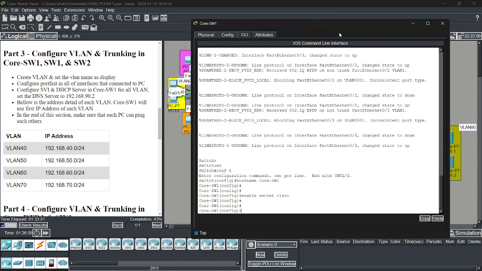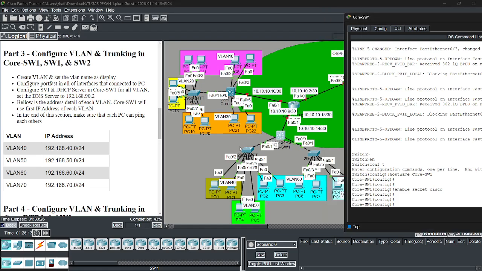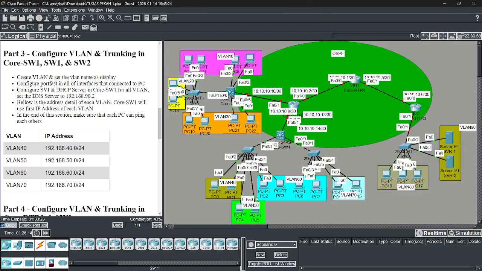After that we add all of the VLANs here: 40, 50, 60, and 70.